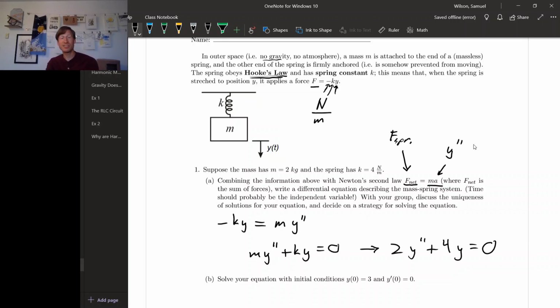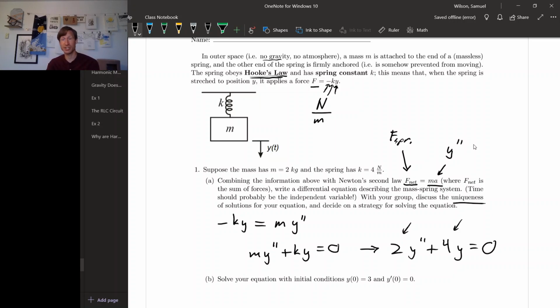Now, since this is a constant coefficient differential equation, if we think about uniqueness of solutions, well, remember, we get uniqueness of solutions when these coefficient functions are continuous and the leading coefficient is non-zero. But since they're non-zero constants, these coefficient functions are always continuous and the leading coefficient function is never 0. And so we always get unique solutions for